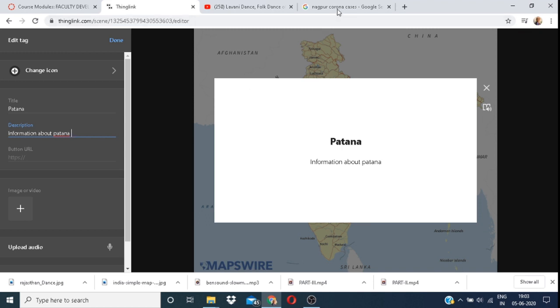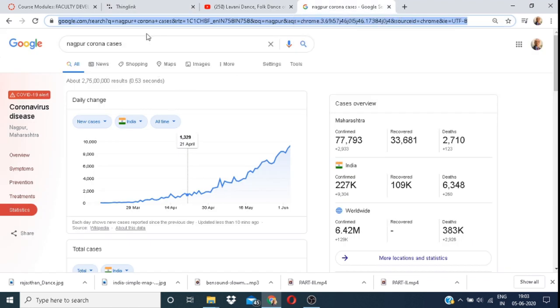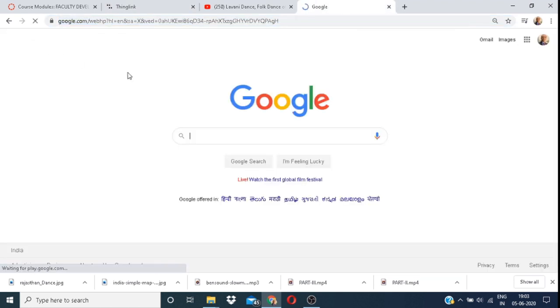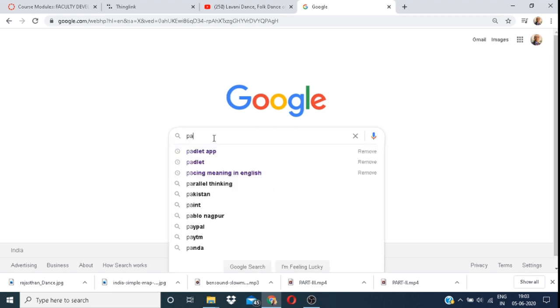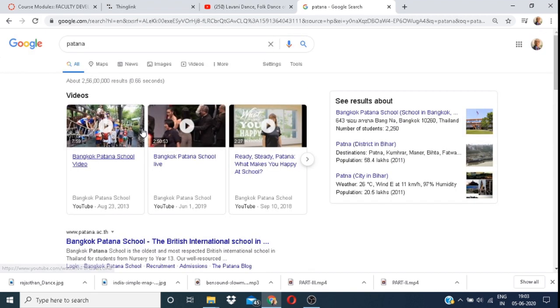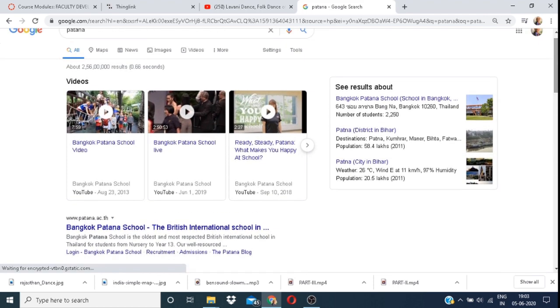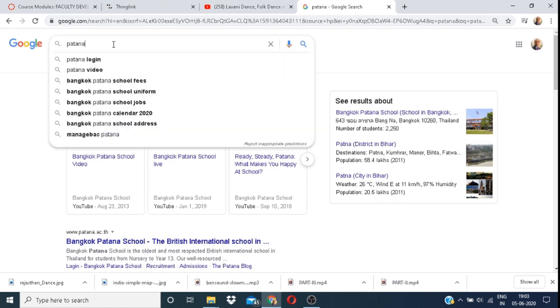I find information about Patna in Google. Patna culture.